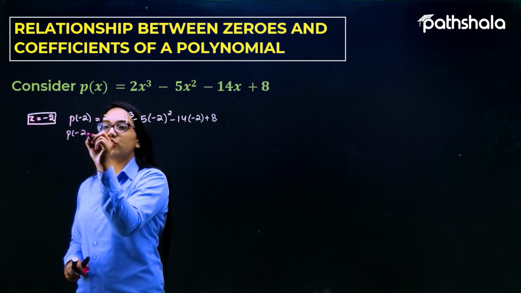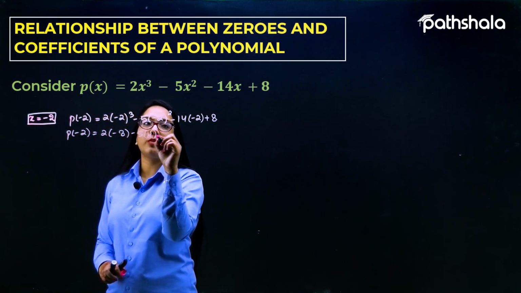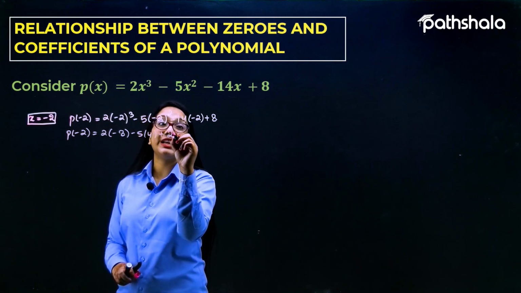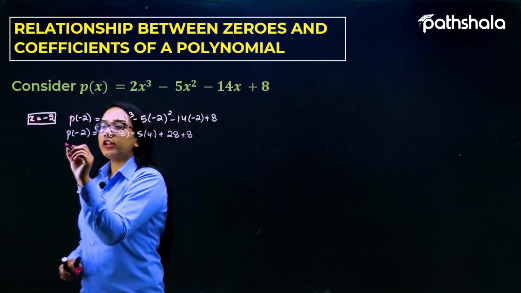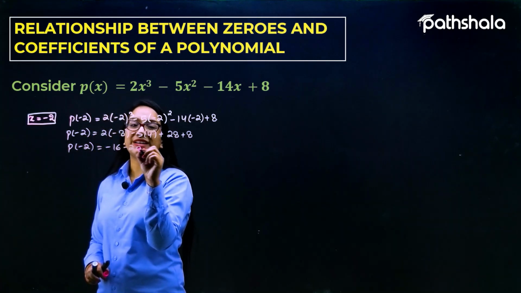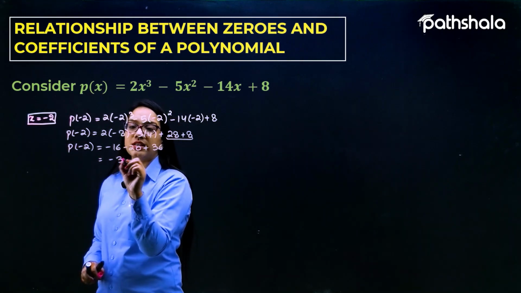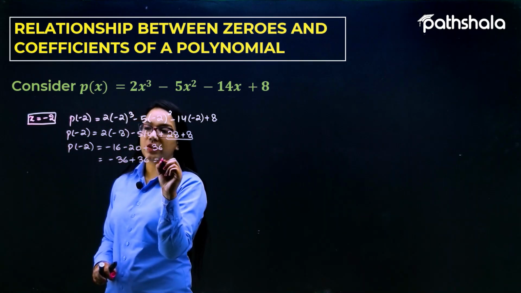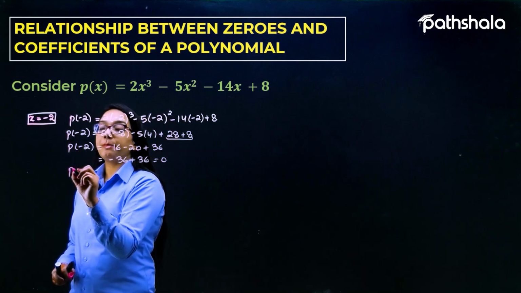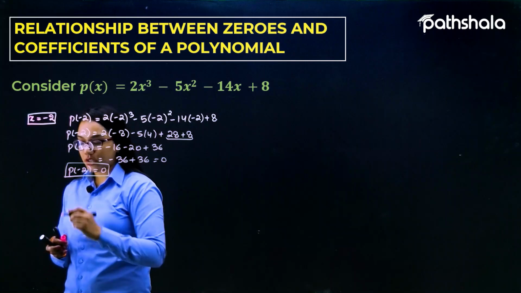So p of minus 2 is 2 into minus 8, minus 5 into 4, minus into minus is plus 28, plus 8. Further, p of minus 2 is equal to minus 16 minus 20 plus 28 plus 8, which is 36, and further minus 36 plus 36 is equal to 0. It means that p of minus 2 is equal to 0, which implies minus 2 is a zero of this